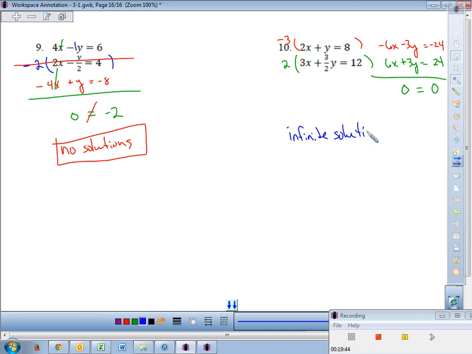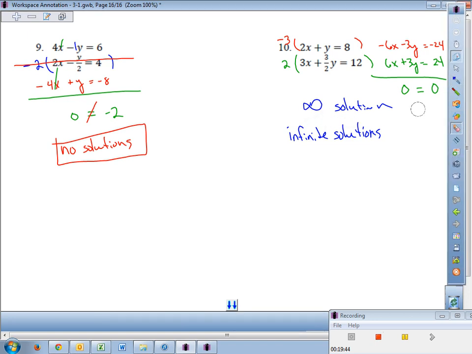We must put that very fancy answer. Do not write this. Those of you that feel like you want to write this, this is not right. This symbol means infinity, not infinite. So we don't say infinity solutions. It's infinite solutions. You got to write that word out. Okay, no sideways eights or anything like that. So infinite solutions in the form